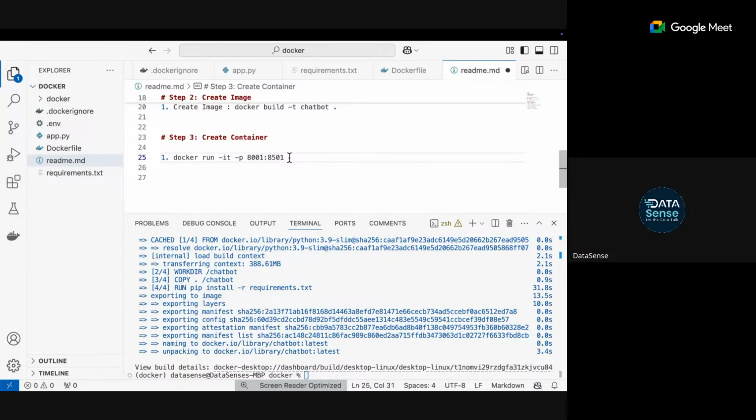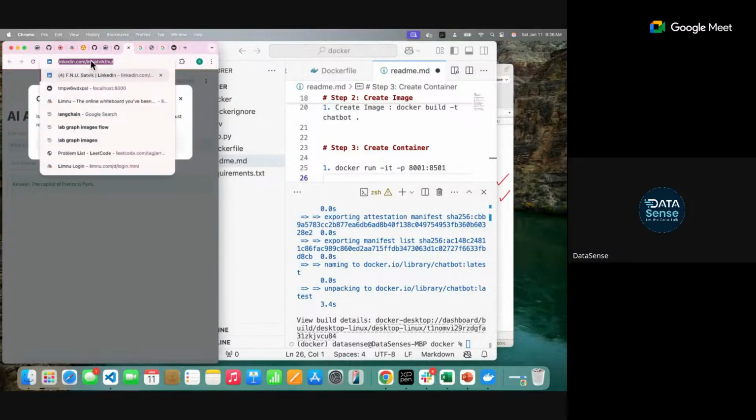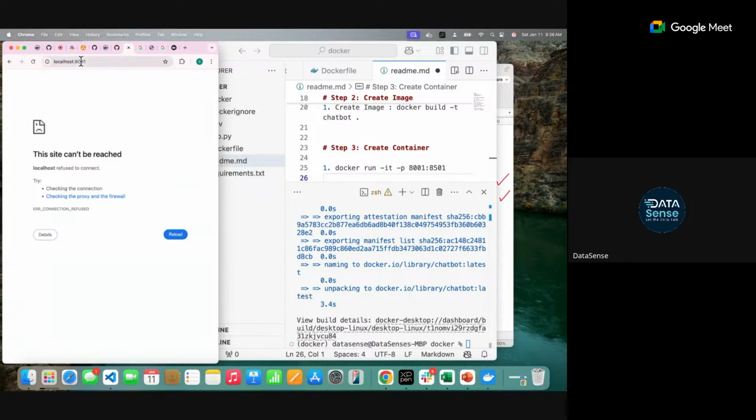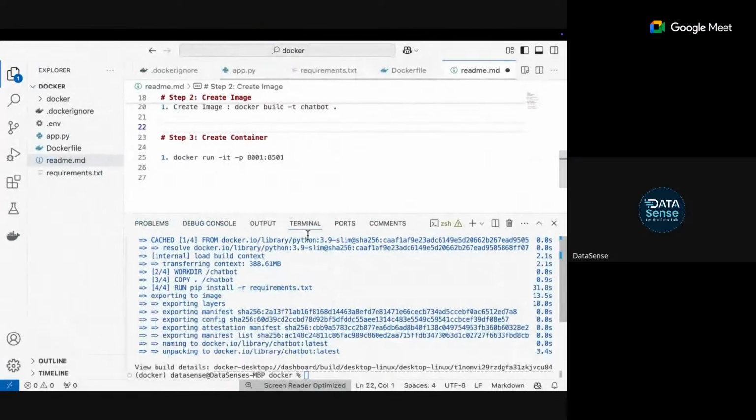So the container is taking port 8501 and pushing it to 8001 on my system. Whenever I run it, I will use localhost:8001. Right now nothing is coming, because I have not created the container yet. So my application is not coming. Once I run the container, then it will run.